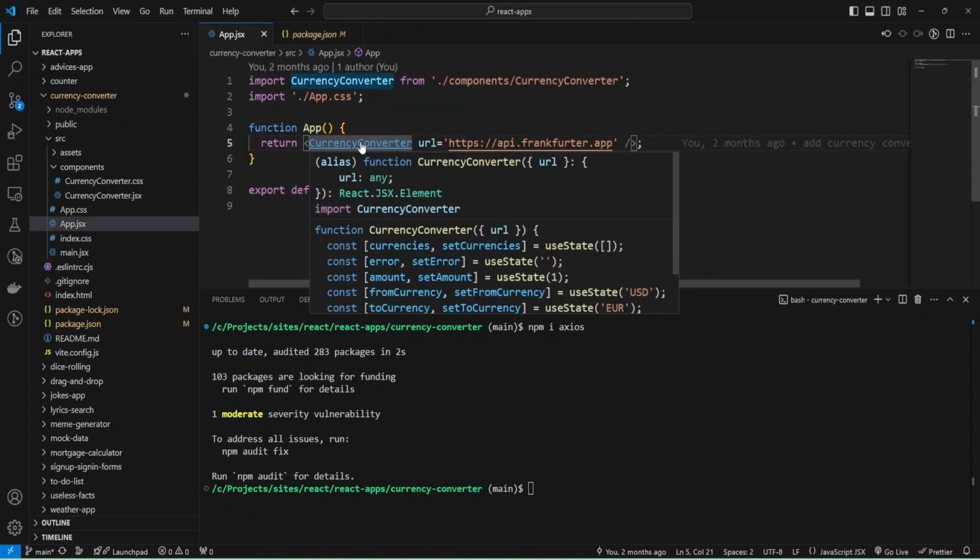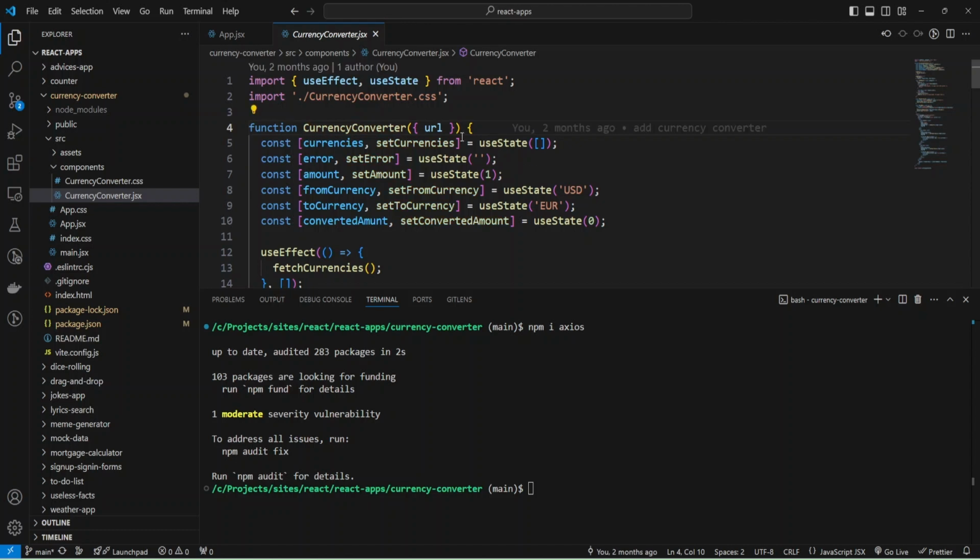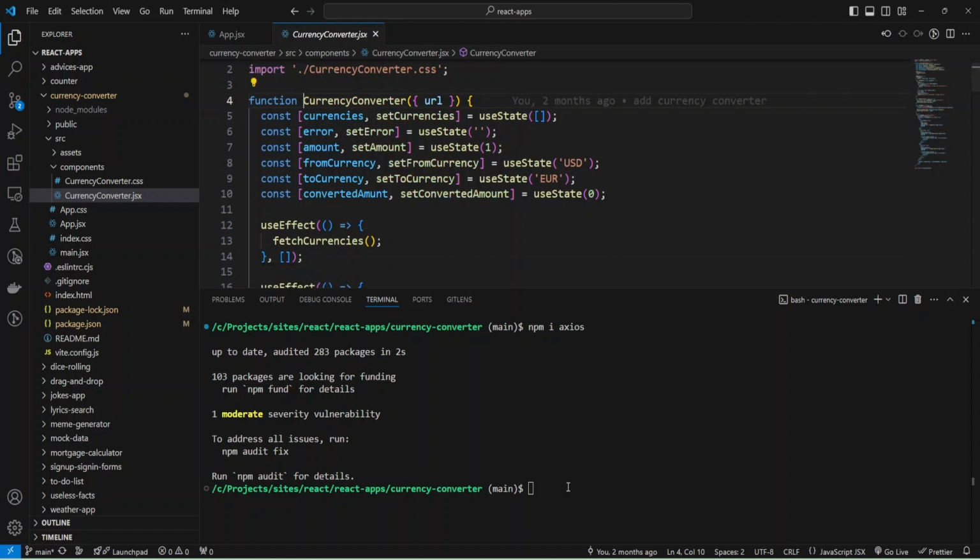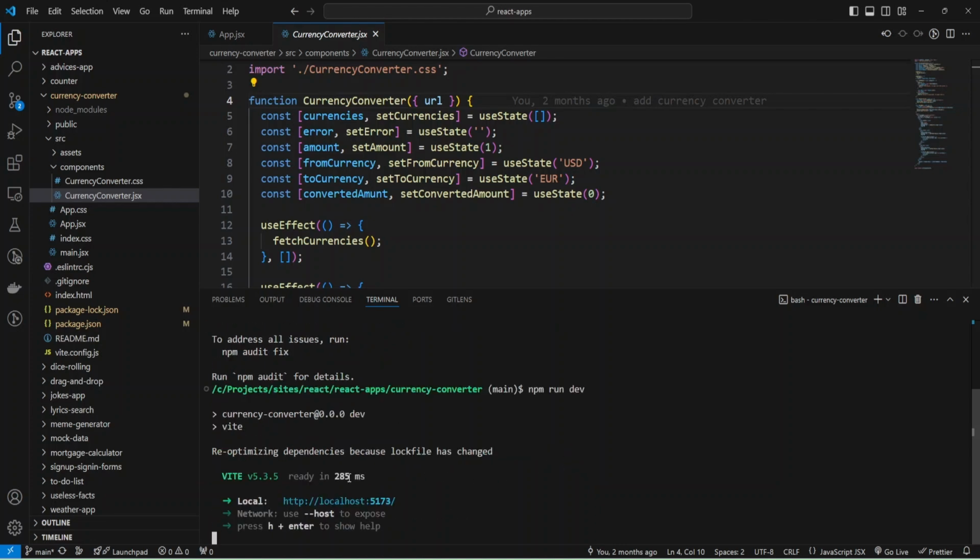And now I'm going to return to my currency converter, and let's start the dev server with npm run dev. And I can open my project in browser, and as you can see, we have amount, from currency, and to currency.